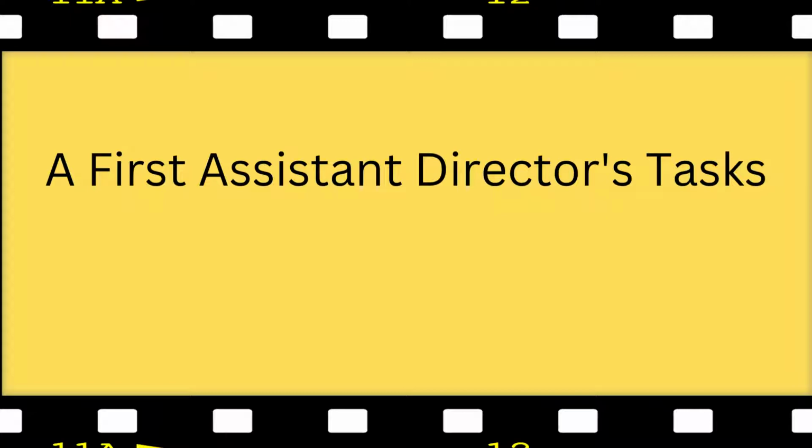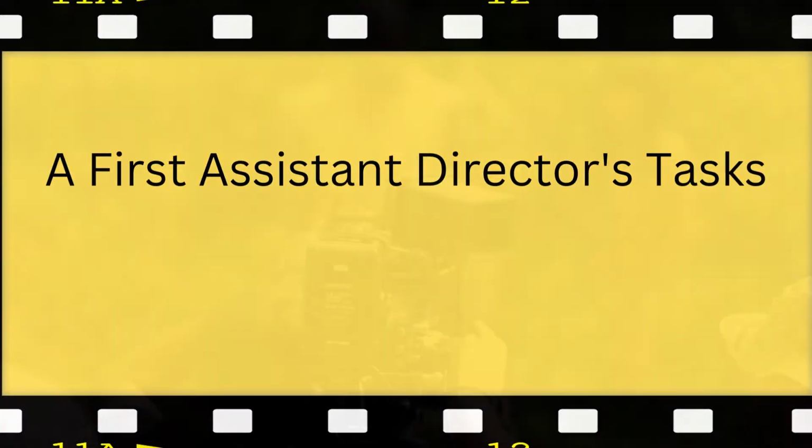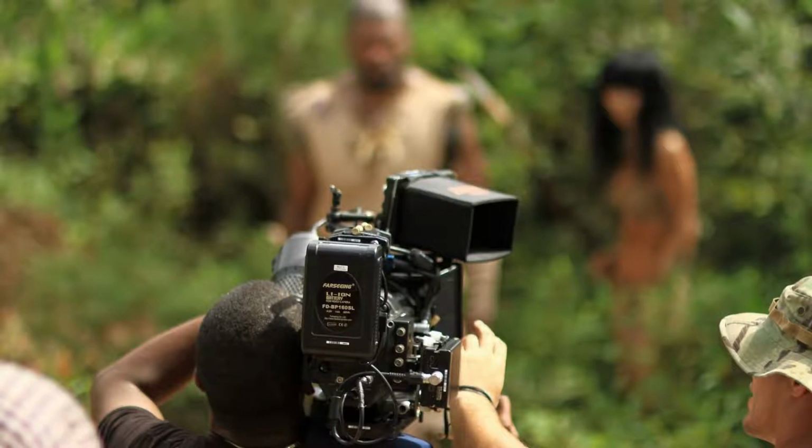Helping break down the script into a storyboard before principal photography begins, developing a shooting schedule with the unit production manager, line producer, and director, contacting and hiring crew members, renting or purchasing, of course, on behalf of the producer, filming equipment and props, preparing the day's schedules and daily call sheets, discussing potential logistic challenges with the second assistant director,